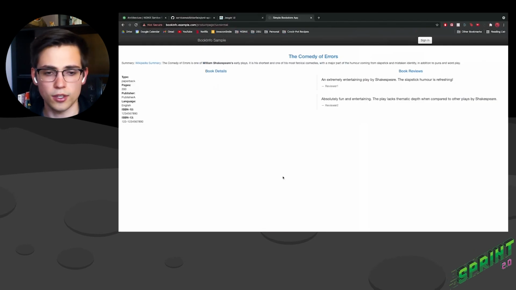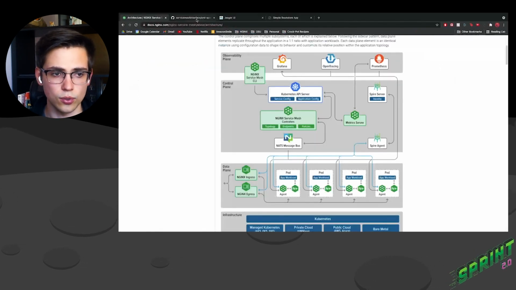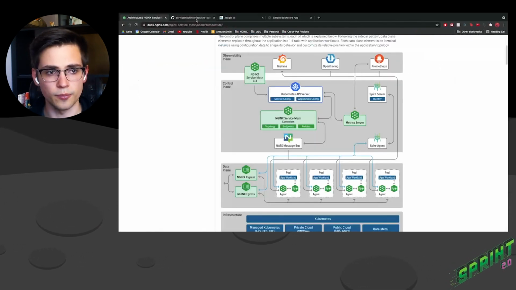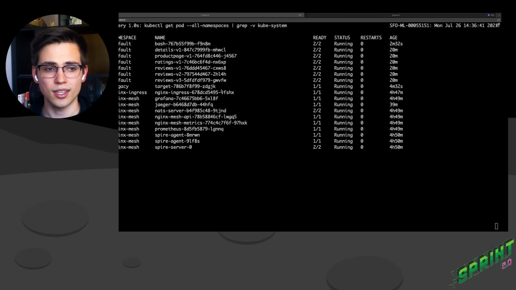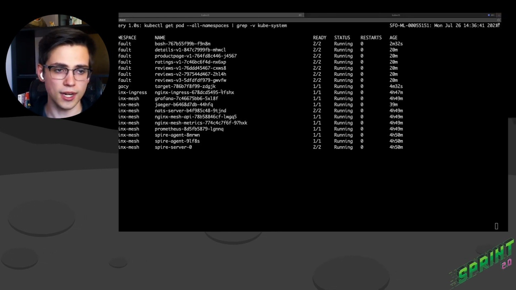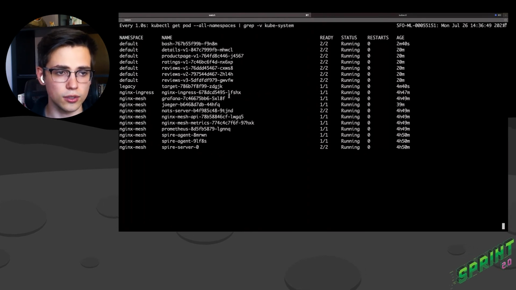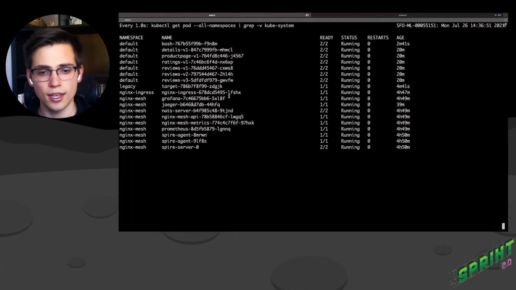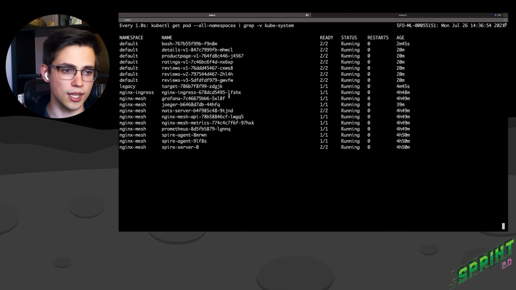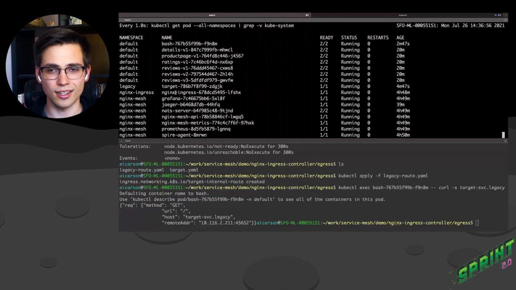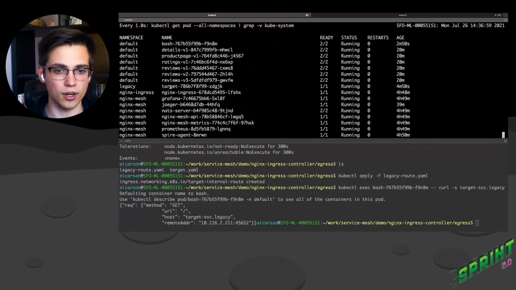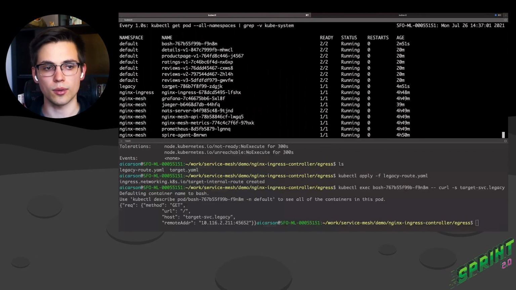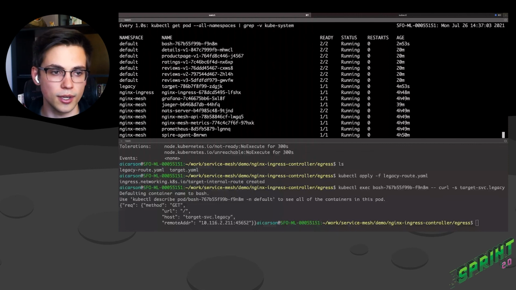We talked about the SMI spec in order to do access control, make sure who you're talking to is allowed, to mitigate vulnerabilities when a particular component gets compromised. And then finally, we showed how you might be able to integrate a legacy service that you still want to communicate with, but is not quite ready for management under NGINX Service Mesh. So thank you all. I hope that was informative.